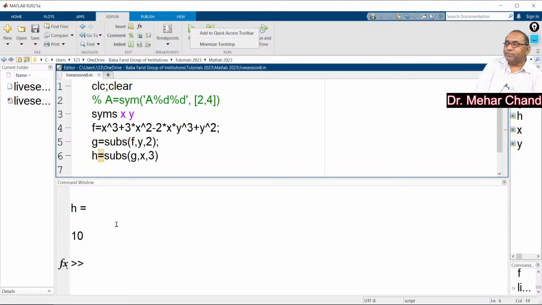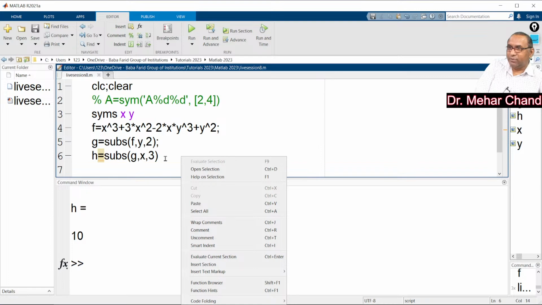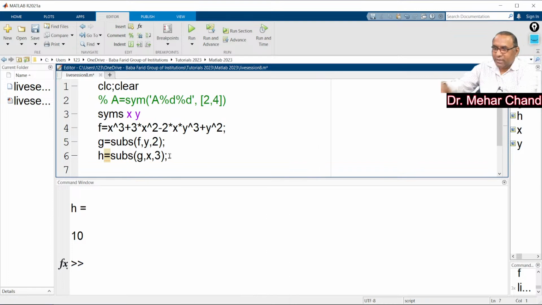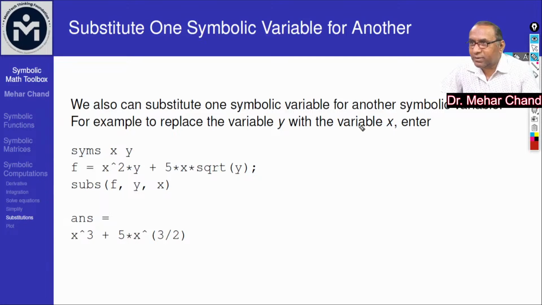The value of f is 10. You can use it in this way. F is equal for another variable. Here is x and y, and this is the function. So when you will,